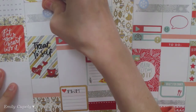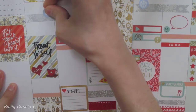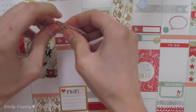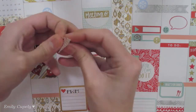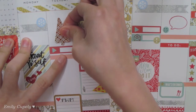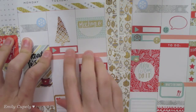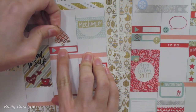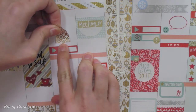And I will use again this little icon since I already have it, why not? And now that I have all of this, I probably can go ahead and stick down my little beautiful trees. By the way, I used the coordinating die set for the snow day stamp set from Longfont to cut out these trees. As you can see, I didn't even bother to use the stamp set. I just used the coordinating dies by themselves,